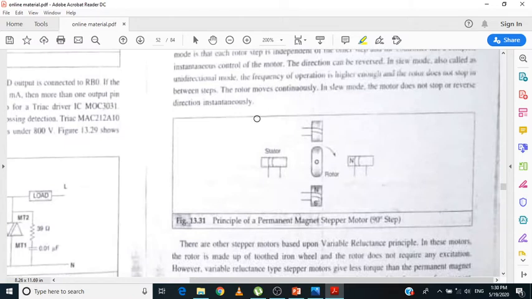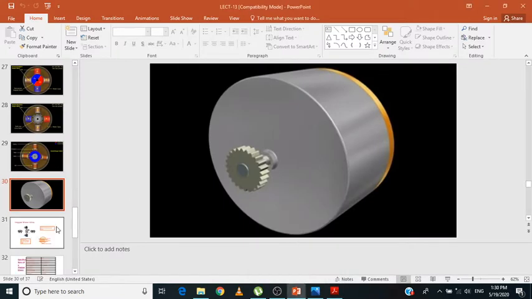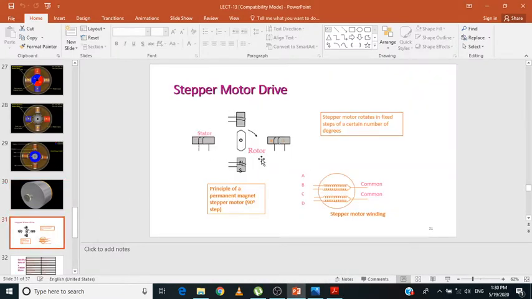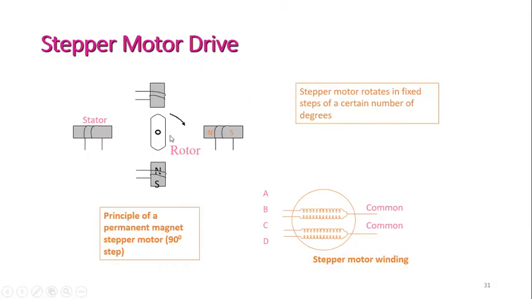If you want to know the basic explanation, the basic block diagram of your stepper motor, let me take a slide. I have the slide for this. So here, if you see this one, this is the basic construction of our stepper motor. In the stepper motor, we have the rotor, which is freely rotatable. I'm not focusing on whether this particular stepper motor is a permanent magnet, a variable reluctance type, or a hybrid stepper motor. Whatever the type, I'm looking at how exactly the rotor is going to be controlled. So that we are discussing over here.